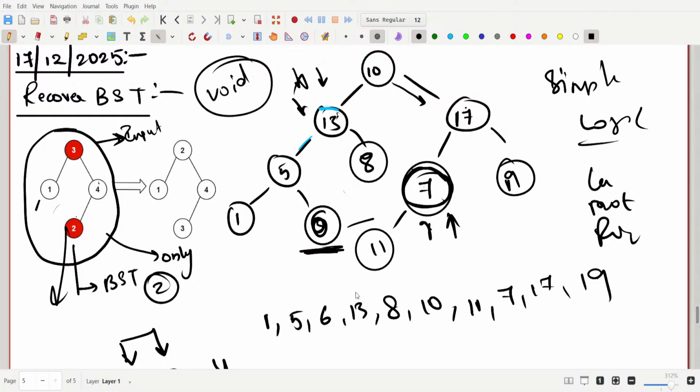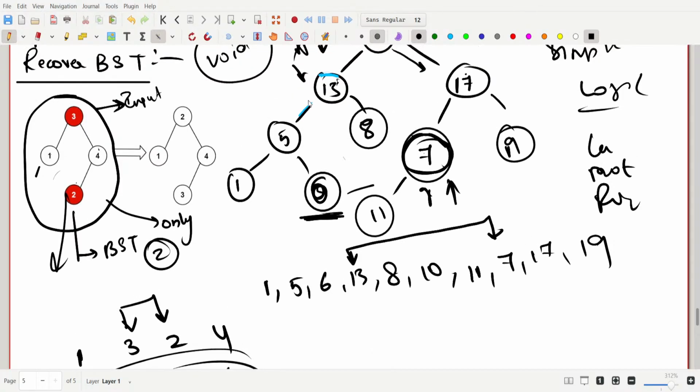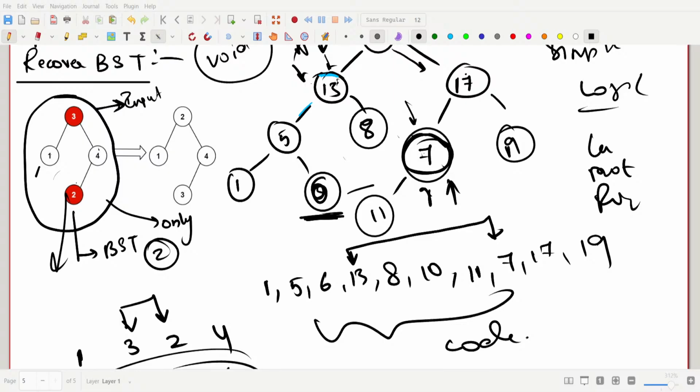Here, to become a sorted order, we have to interchange the 17 and 7, right? Based on that, we can just go to the 13, and we can go to the 17, and we just have to interchange the values of that. Then we can complete our code. What do you say, guys? I think we can do it in this way, right? Start from root node, check the number which is greater than the root node. Same thing for right subtree. You will get the two nodes which you want to find. Oh no,